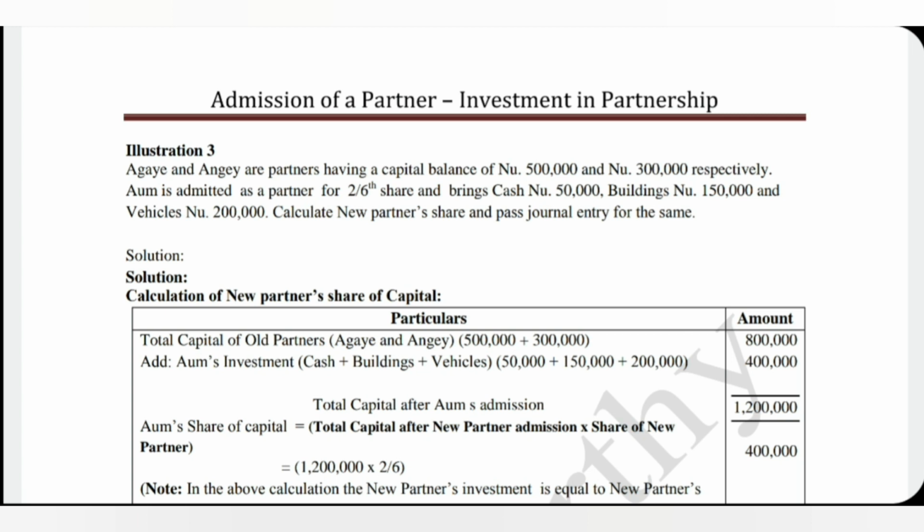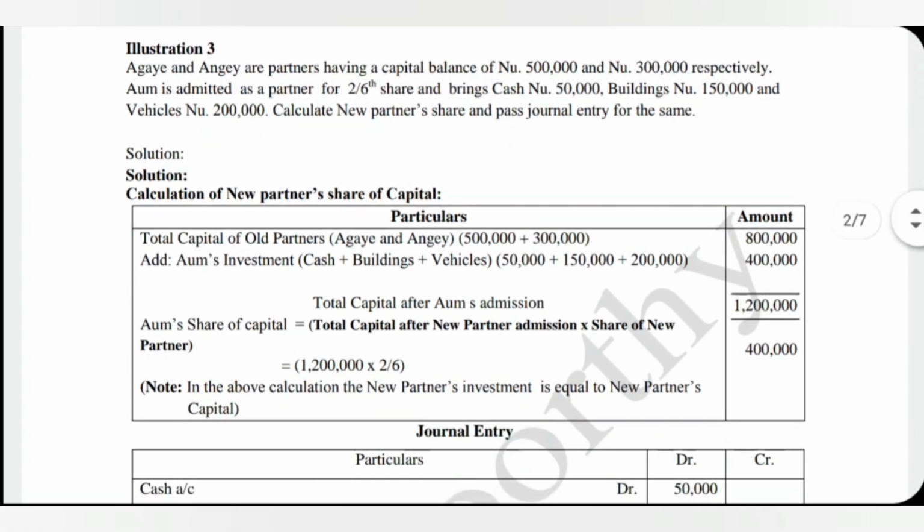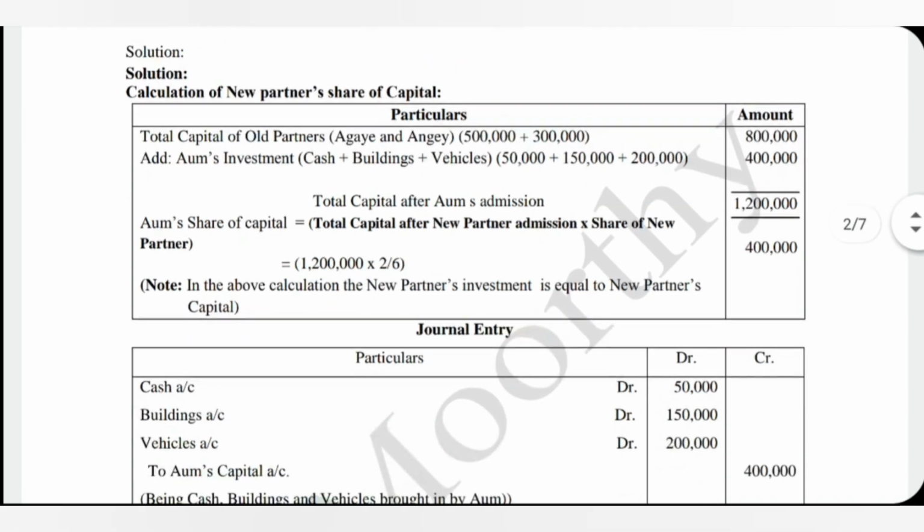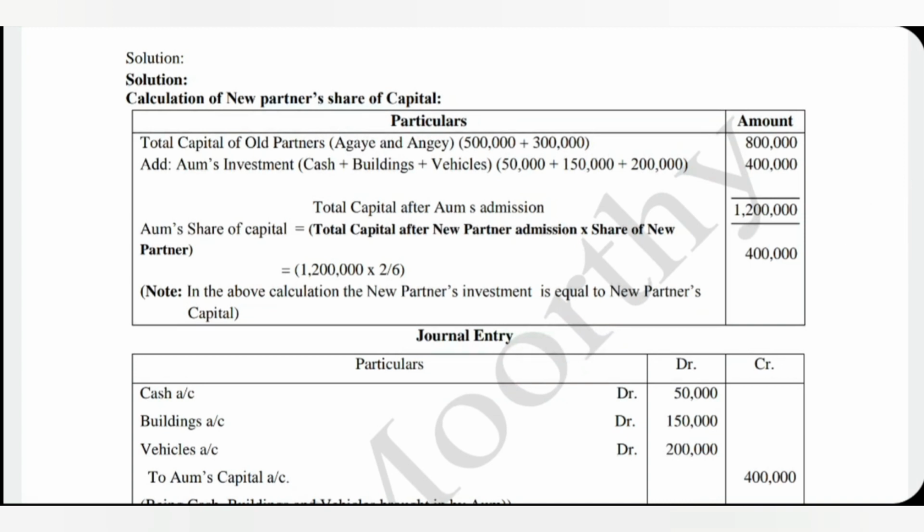That is 1,200,000 times 2/6, which becomes 400,000. In the above calculation, the new partner's investment is equal to the new partner's capital. Now, how to pass the journal entry over here? Since